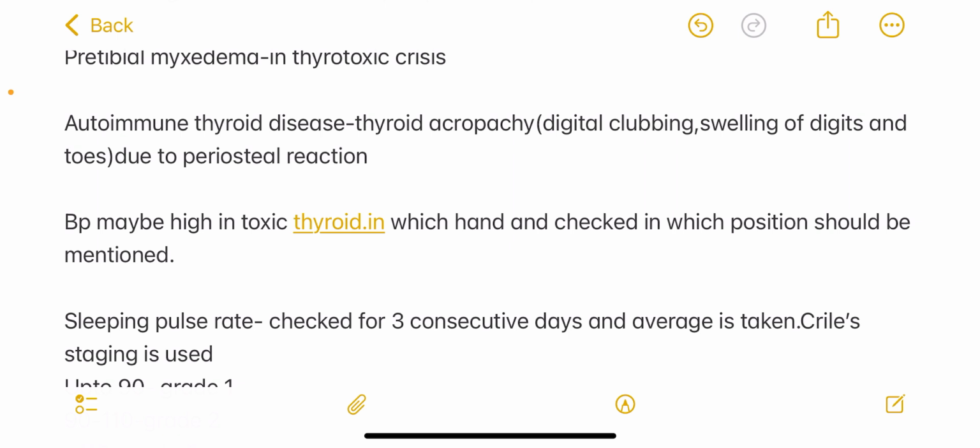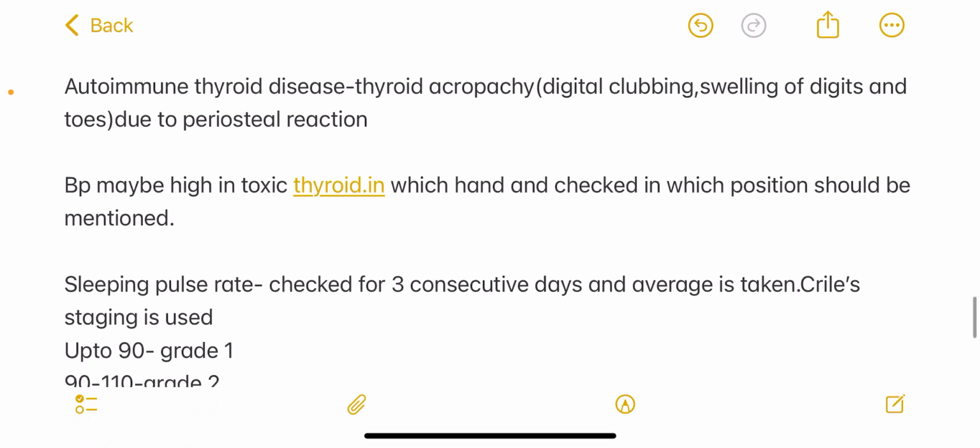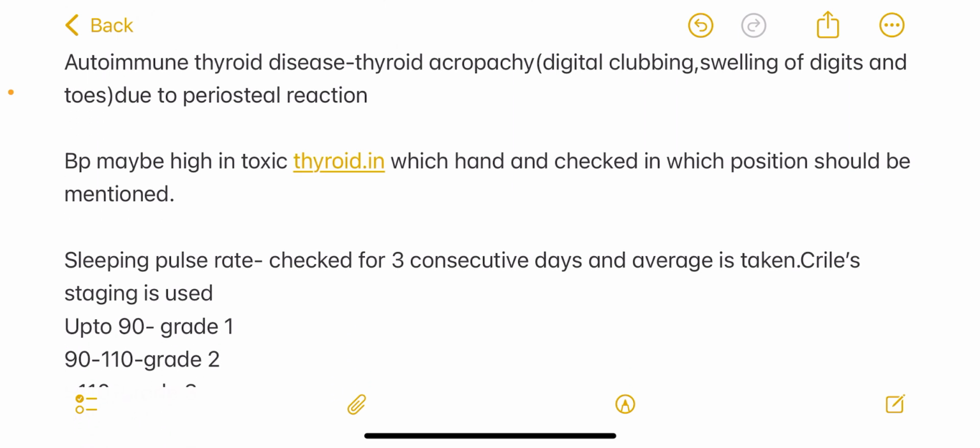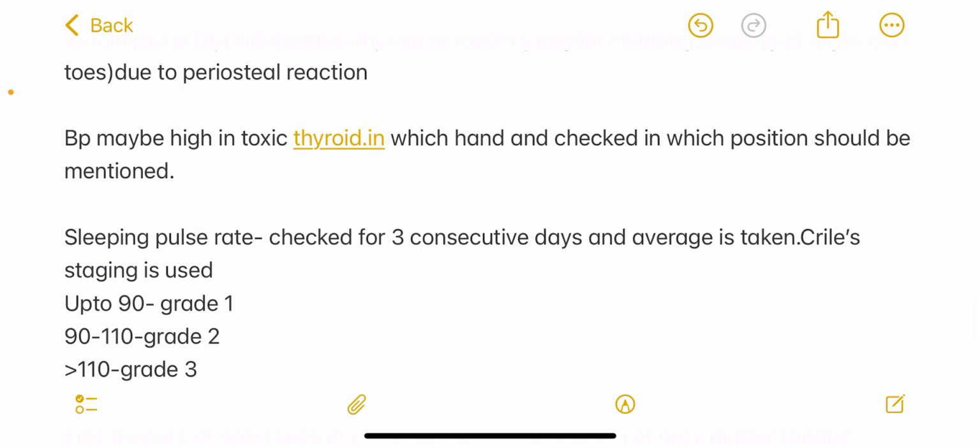Which position also has to be mentioned. Then there's something called sleeping pulse rate, and this is checked for 3 consecutive days. The sleeping pulse of the patient is checked, and then the average is taken. There's a classification for the sleeping pulse rate, that is the Kreil staging. Up to 90 pulse rate is grade 1, 90 to 110 is grade 2, and more than 110